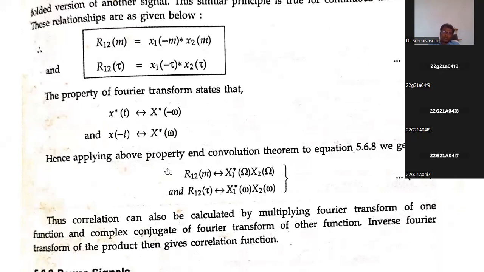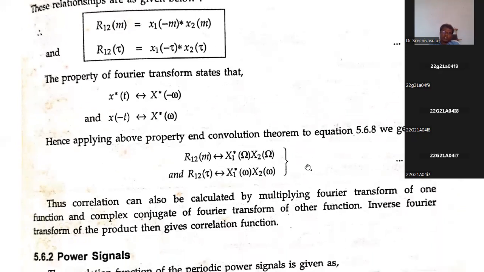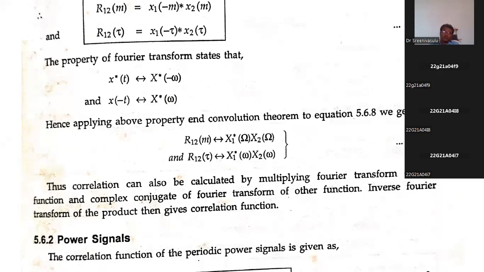You see here, what does this mean? It is a Fourier transform pair. The Fourier transform of this cross correlation is equal to the convolution of two signals. Convolution in time is multiplication in frequency. So as usual, the original signal's DTFT is X2 of omega. Here there is a time reversal. Whenever there is a time reversal, you observe this: it becomes a complex conjugate. So one is X2 of omega, and the other is the complex conjugate of that particular DTFT or continuous time Fourier transform. It is the relation between the time domain and the frequency domain.